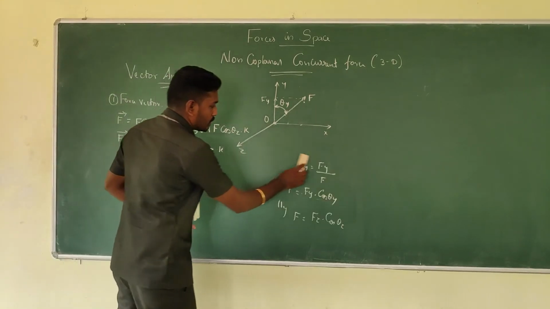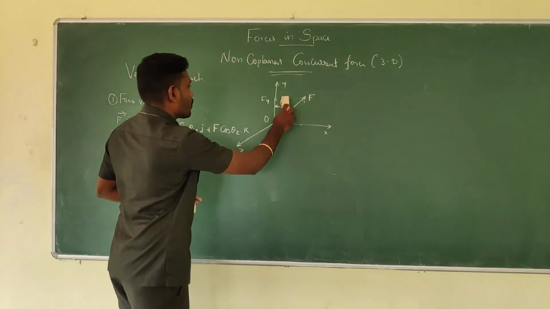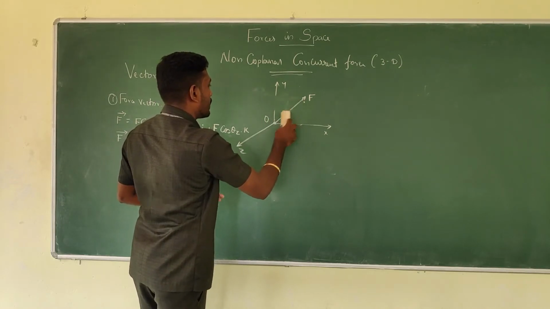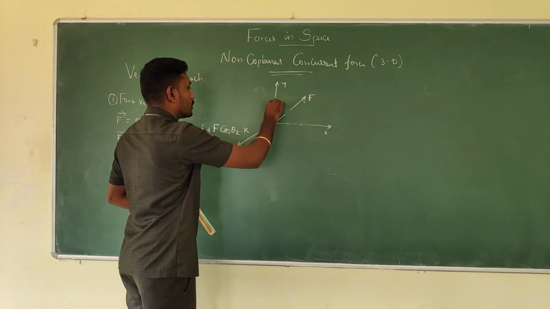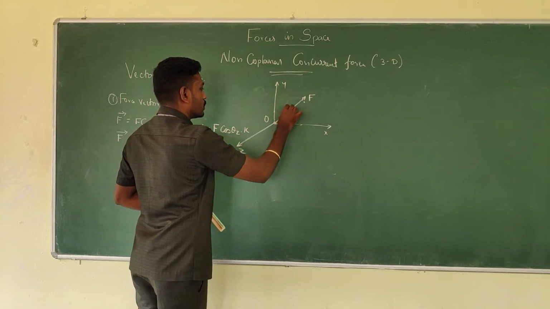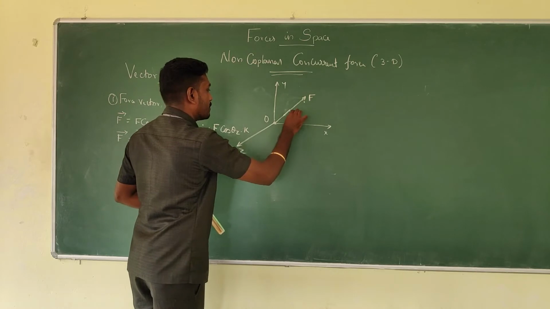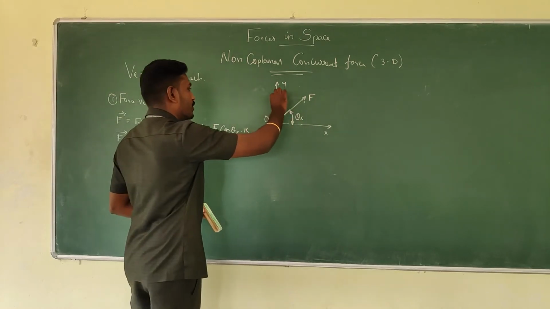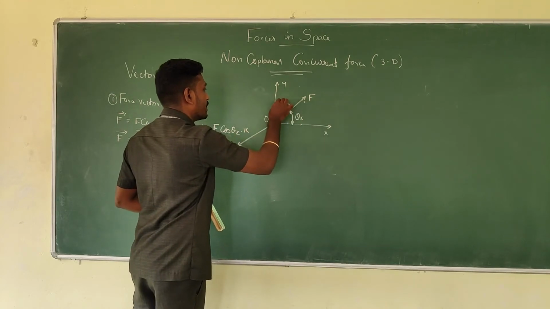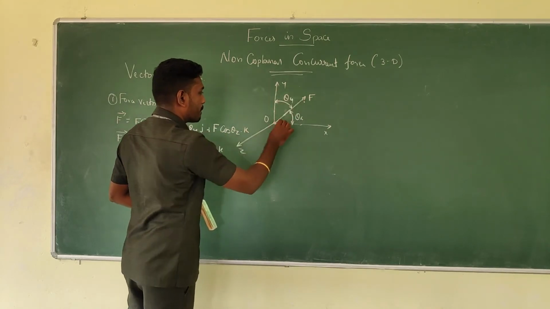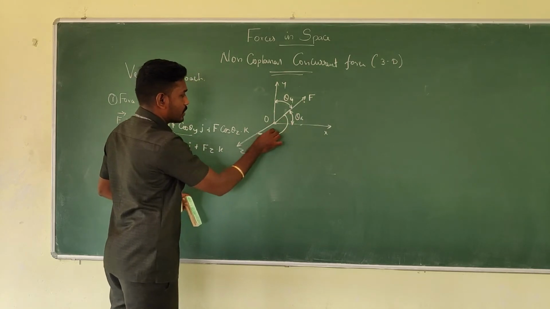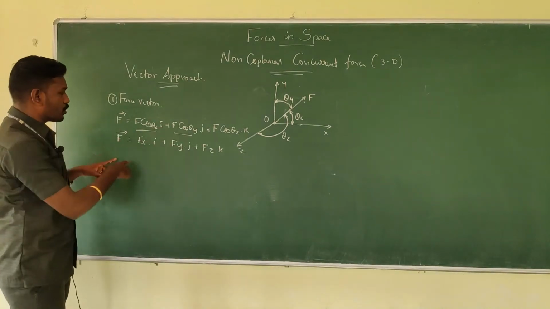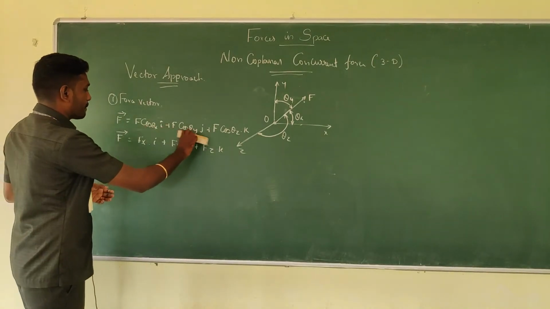So here when you are representing from the x-axis, we can denote it as theta x. If you are defining the force from the y-axis, we can define it as theta y. When you are defining from the z-axis, you can define it with theta z. Okay. So this is how we need to frame the force vector.